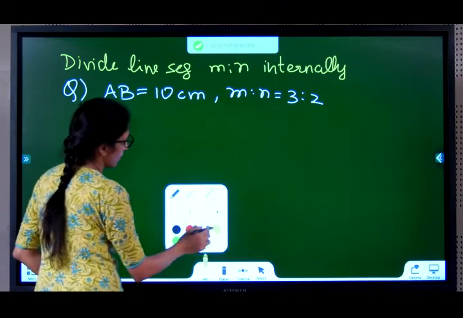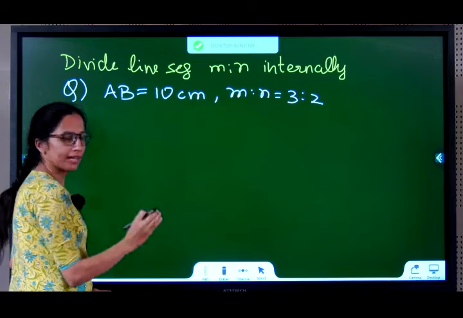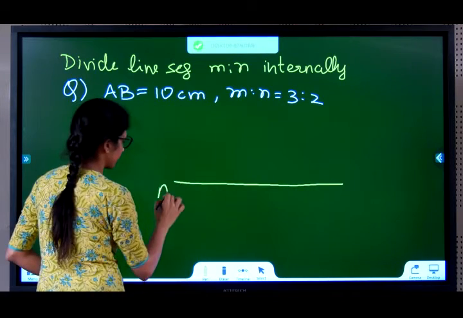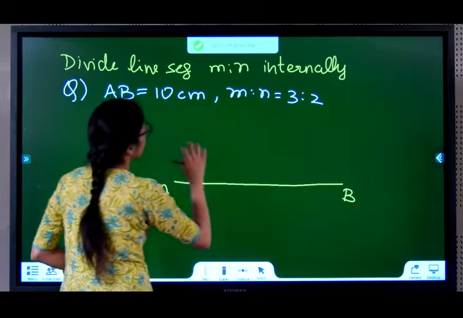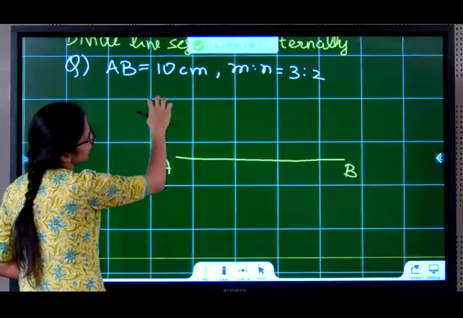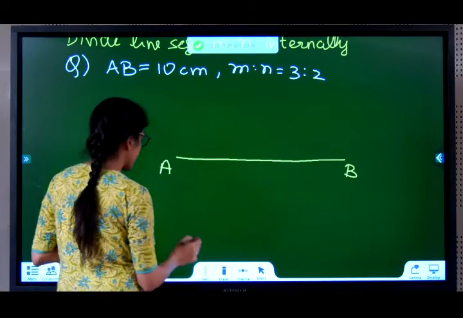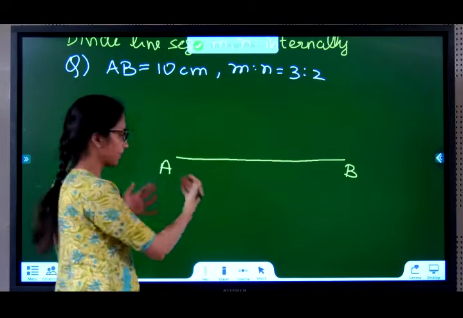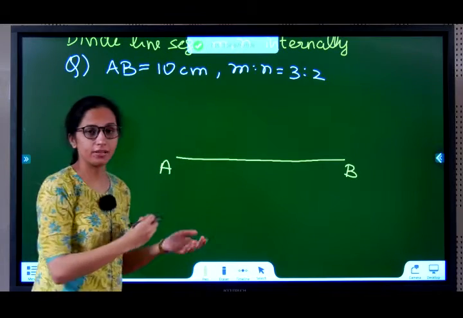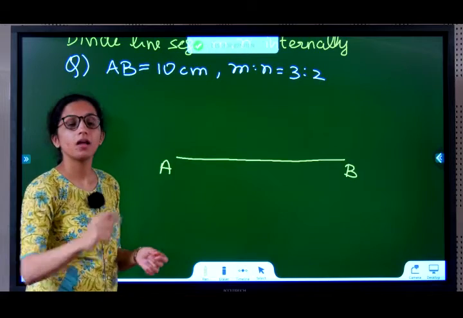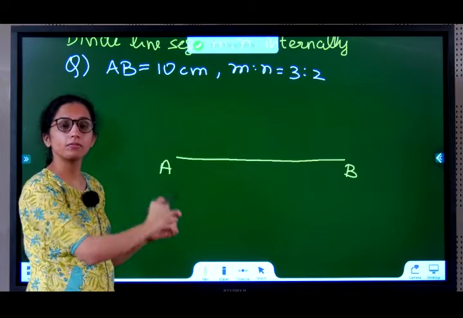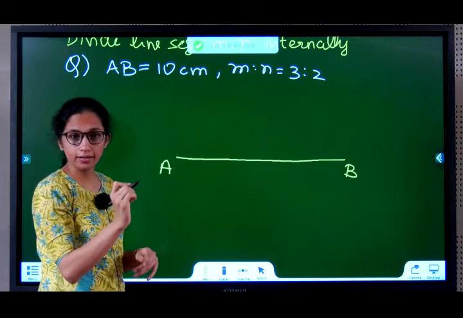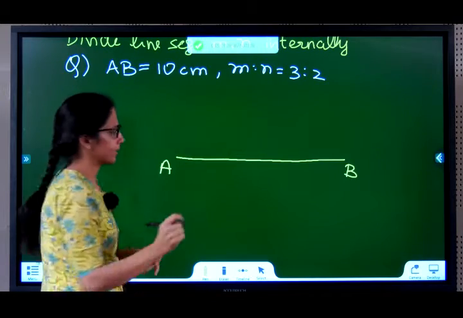Let's see how to do it. So all of you take your scale and draw a line segment measuring 10 centimeters. Let this line segment measure 10 centimeters. Okay. Now, after you do this, during the whole video, I will be doing it without the ruler and compass, so I might be a little fast. You may need some time. Pause the video, construct, resume. Okay. So pause it and do. You don't do it without scale and without the ruler and compass.